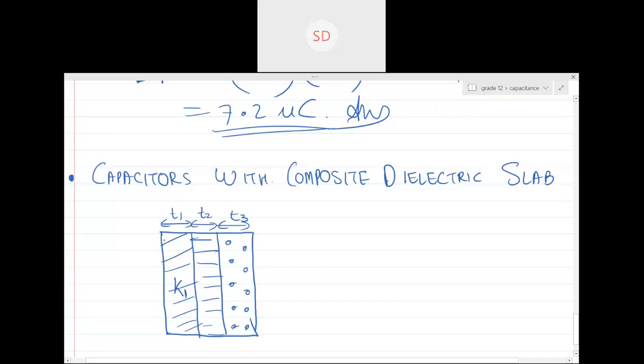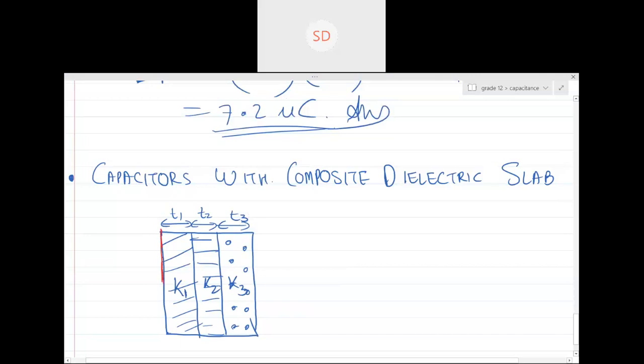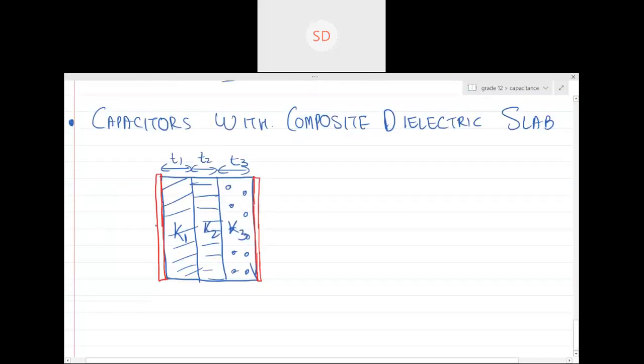So suppose this is a dielectric slab with 3 different materials, and I am introducing the dielectric slab in between the plates of a parallel plate capacitor. Can you see the blue one is basically your dielectric? The red things are basically the plates of the capacitor. Can you see the dielectric is completely occupying the space between the parallel plates, right? Yes, sir. So can anyone tell me what if this slab is connected, not in series, basically across a battery?